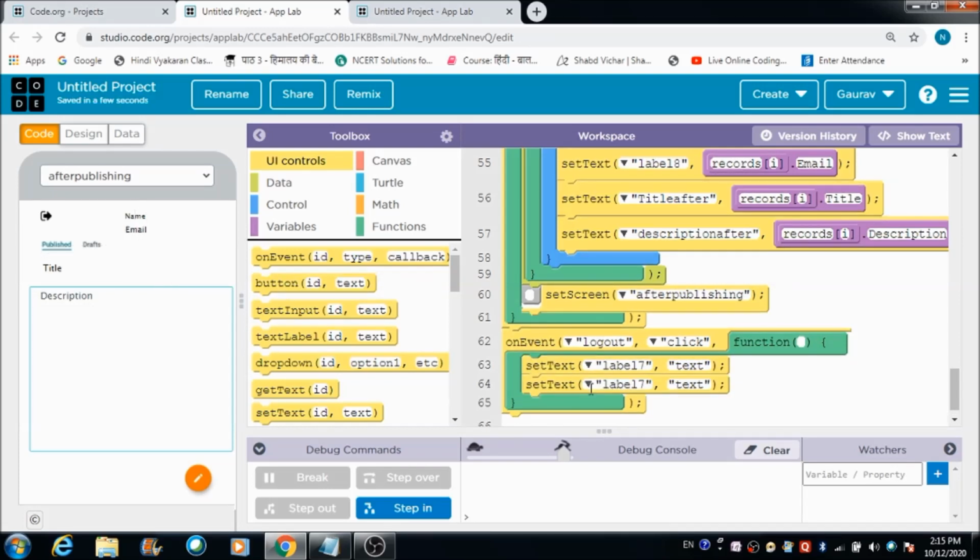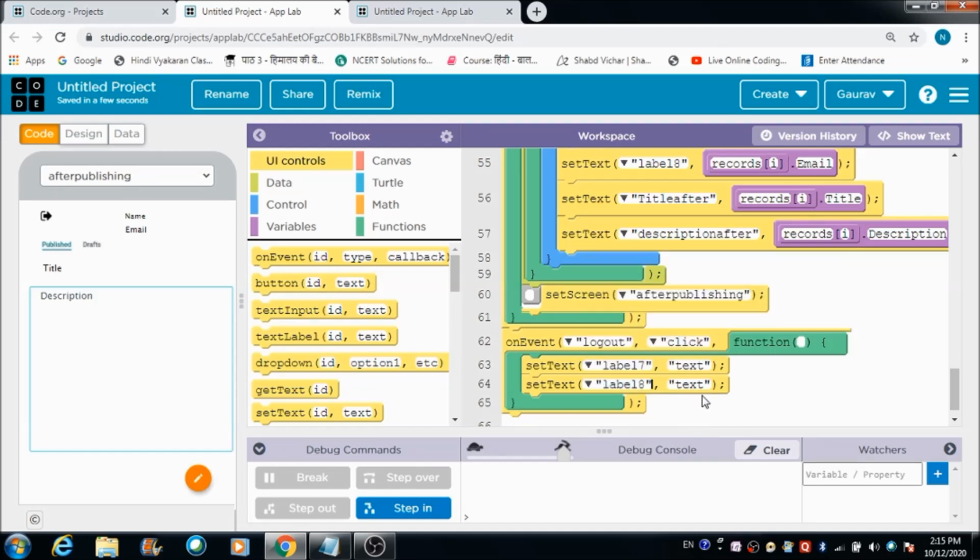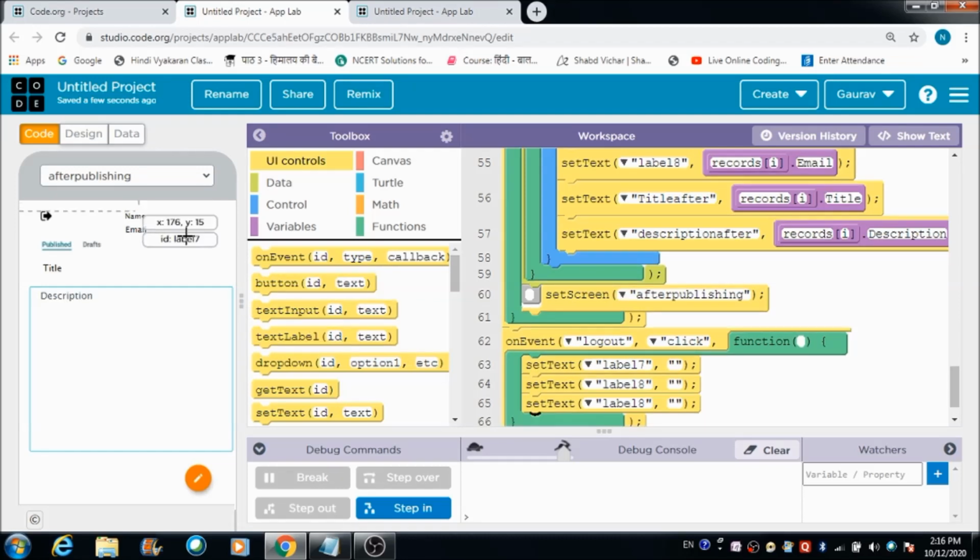Label 8, where is that label 8? So that's how we can make the information disappear from each and everything.